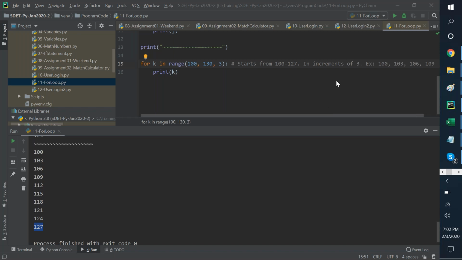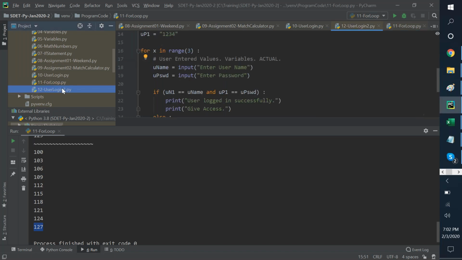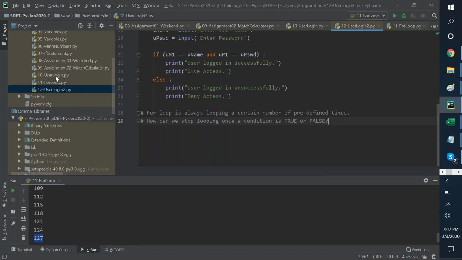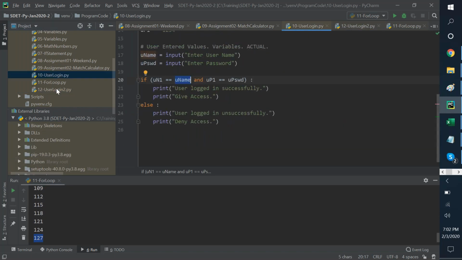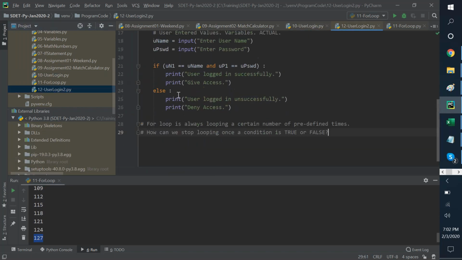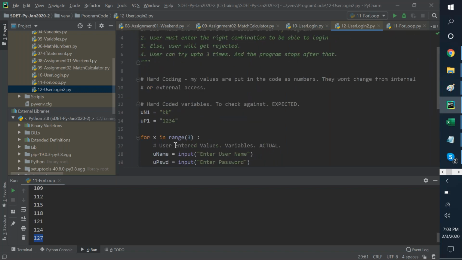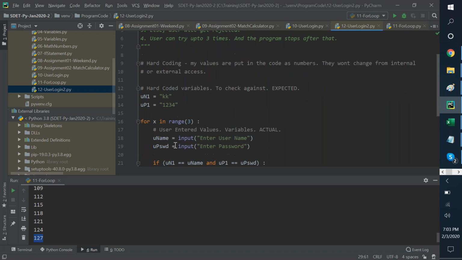All right, great. So where are we now? So now we have a concept where we said, let's loop through it. Loop through what? Our assignment, our activity of trying to make the user login. Why should I loop through it? It's working, right? I take username, user password. If it matches, I print it. But I want to give 3 attempts. So when I loop through it like this, what would happen, team?